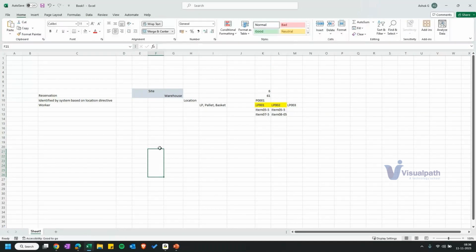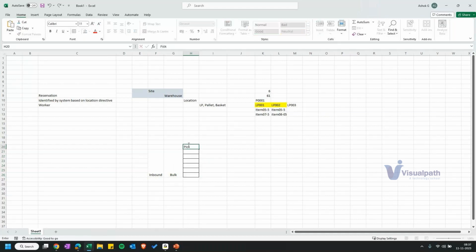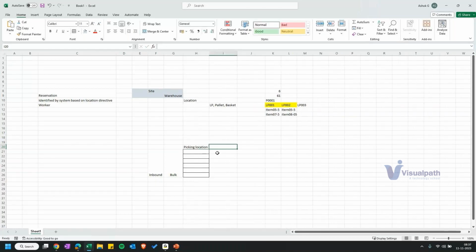Okay. So inbound dock it will have, and then a bulk location, and then there will be multiple. Let's see, these are picking locations, and again there will be an outbound dock. Here is the outbound dock. So this is the simplest layout of a warehouse, where you will have an inbound location